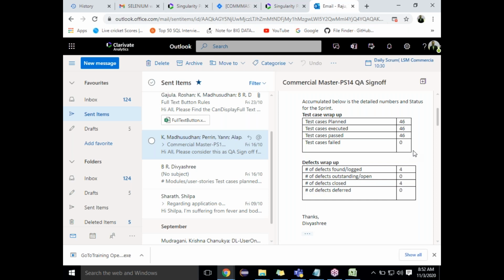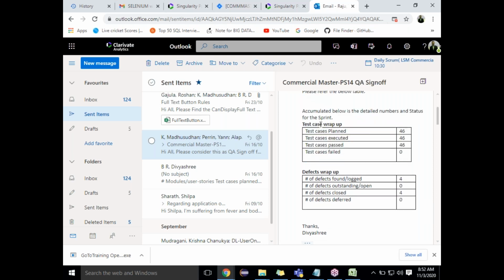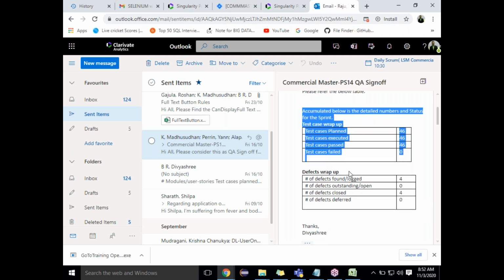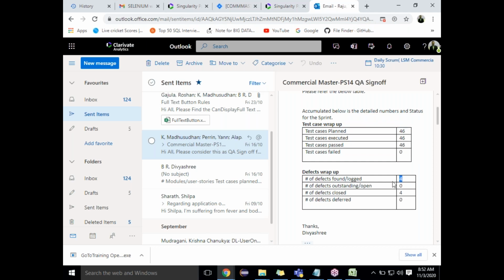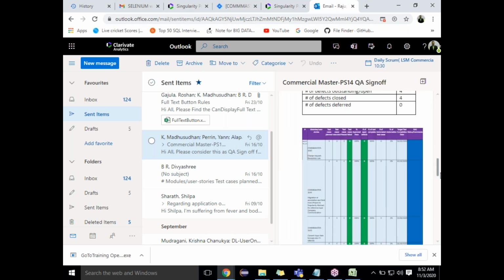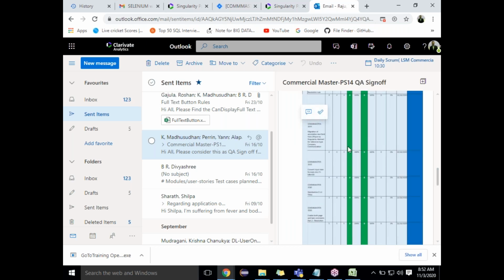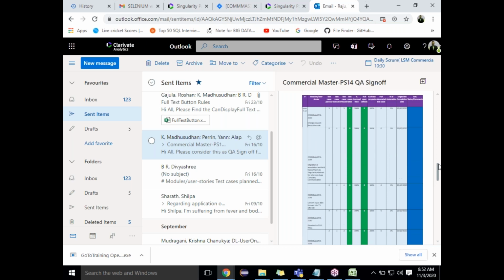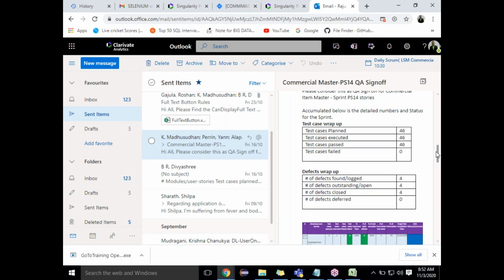There will be a different template, not the same template for every company. How many were wrapped up? How many logged? How many outstanding? How many present bugs? How many closed? Then we can provide the stories, what stories you worked on. Okay, guys, you are able to understand what I'm saying. There will be a template like this.